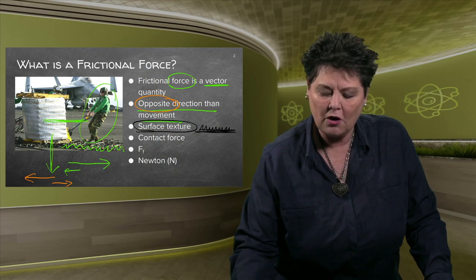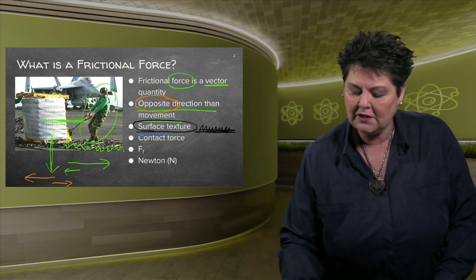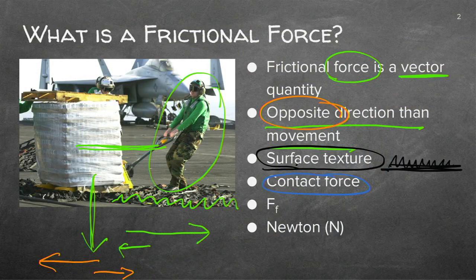Another fact of friction is that it's a contact force. You know we did contact and non-contact forces. They have to be touching each other. So you'll only have friction when these two are in touch with each other. And then we actually have friction there. Do you see that small little f? The capital F says it's force, but the little f says it's friction.